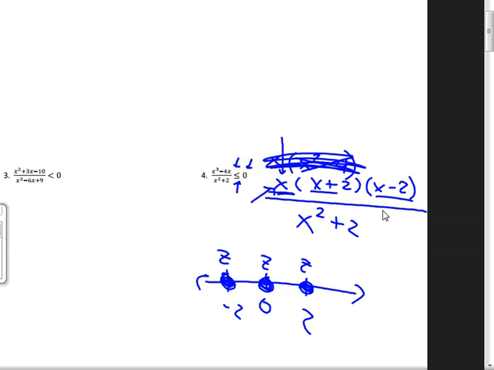And now it's a matter of testing intervals. The part that I have found kids make the most mistakes on. So, all I can ask is that you be really careful when you test your intervals, because it's very likely you're making a mistake. Probably 50% of the people have at least one problem on the test that they screw up the intervals on. So you can figure, I might be making a mistake here, so I better be careful. I'm going to test 3. If I put in a 3,